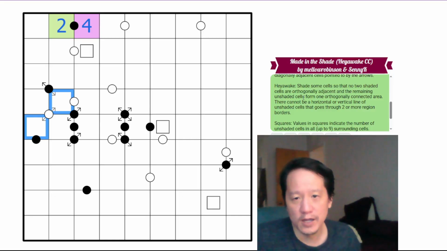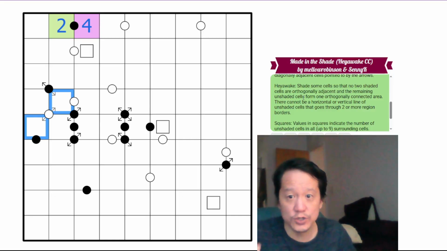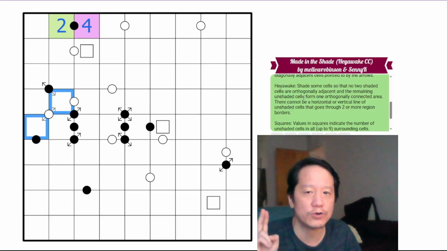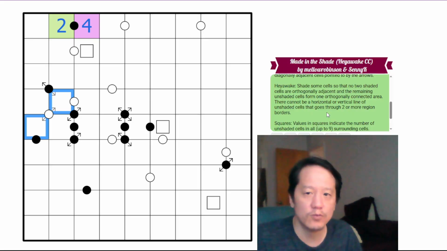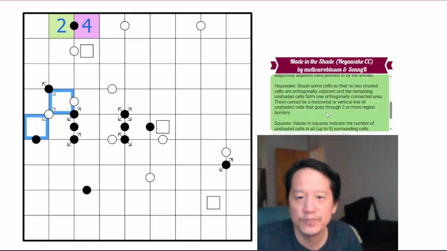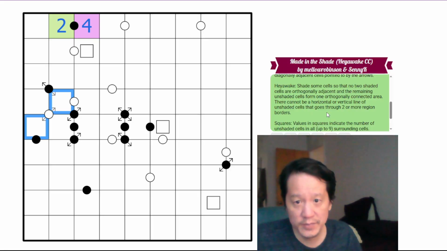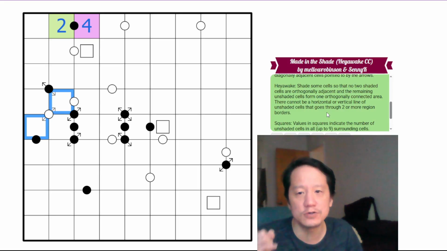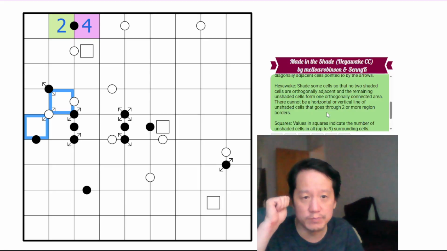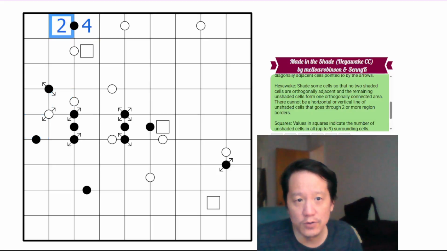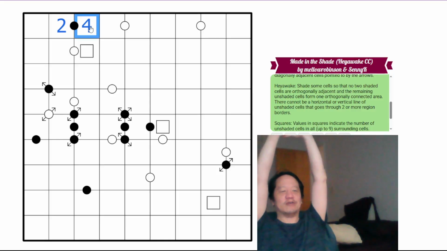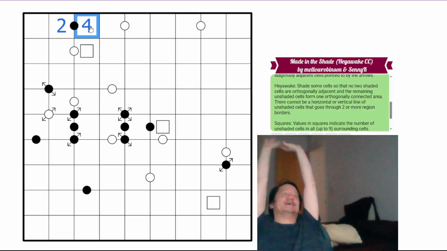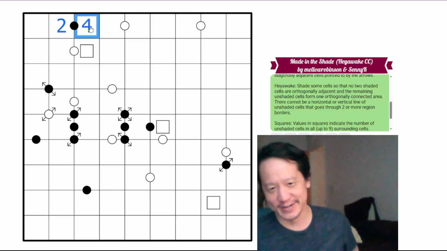We have Hayawake, where we need to shade some cells so that no two shaded cells are orthogonally adjacent, and the remaining unshaded cells form one orthogonally connected area. And there cannot be a horizontal or vertical line of unshaded cells that goes through two or more region borders. Okay, so yeah, this. I've seen actually a decent amount now of Hayawake with Chaos Construction, and it throws me off a little bit because you don't have enough colors. But anyways,